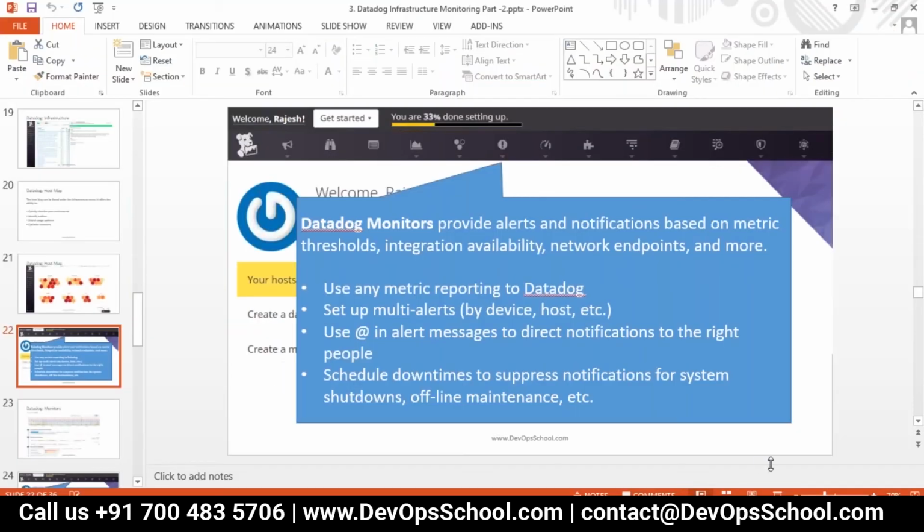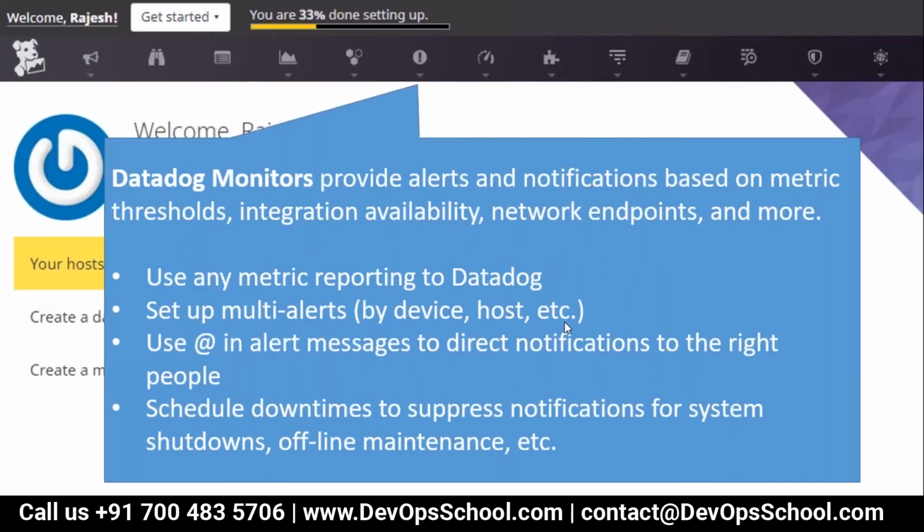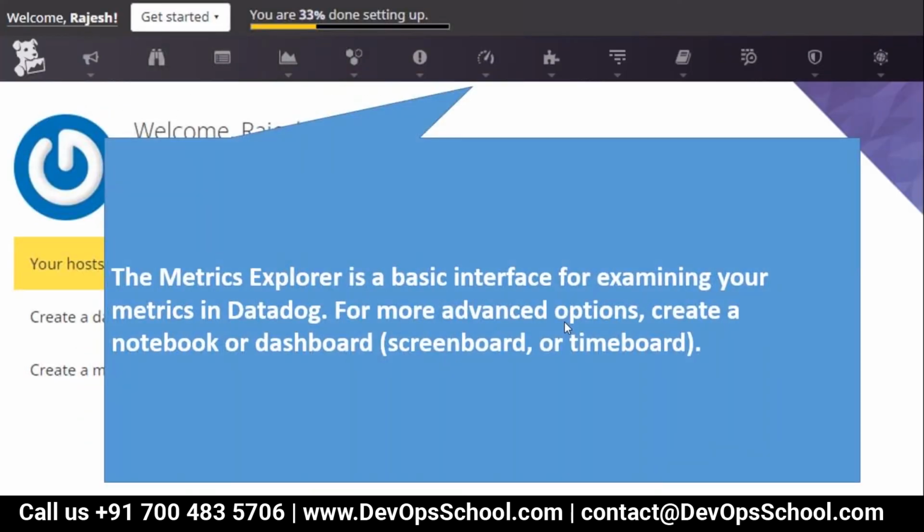Metrics is the place where you can search all the metrics whatever you have in the Datadog database. Okay, mind it, database. Through the agent, you send a lot of data to Datadog. Now all these metrics you can explore using the Metrics Explorer.